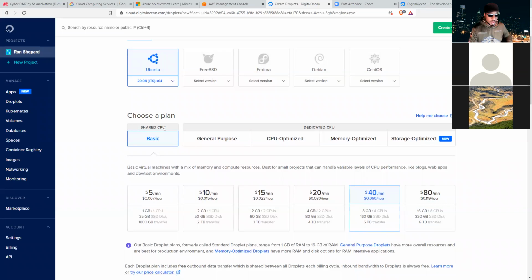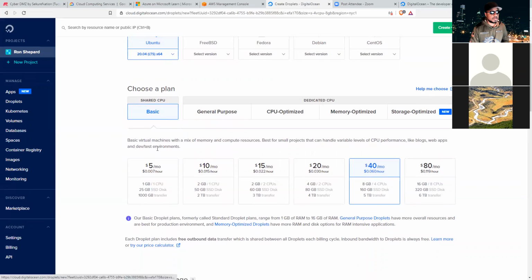So they start you off with very clear and concise plans and planning for how you're going to use your system and how much you're going to pay. So they have their basic plan, which is, as you see here, you can do a $5 a month plan. The resources aren't ridiculously high, but if you're not doing anything super extensive or that requires a lot of heavy lifting from a system, you're just building out, this is an affordable way to start doing your DevOps or just messing around with testing. You also have 10, 15, 20, 40, 80,